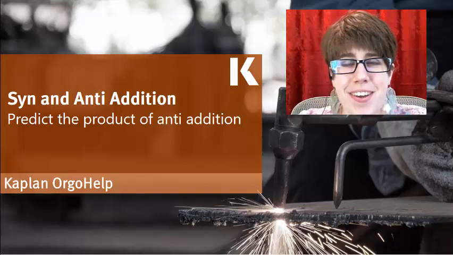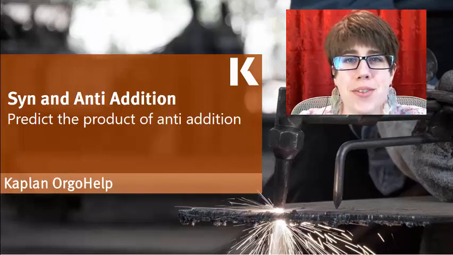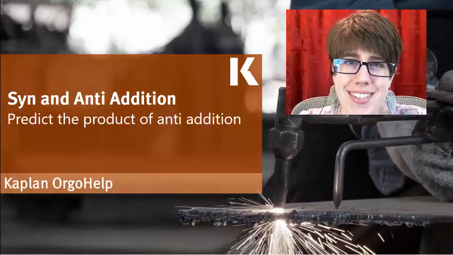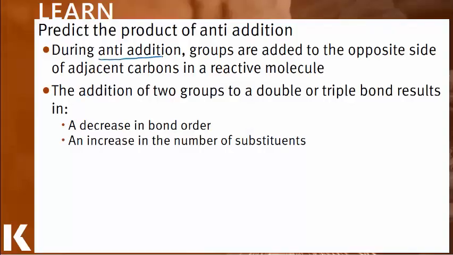Hi, my name is Justine Harkness, and in this video, we'll look at how to predict the products of an anti-addition. During an anti-addition, groups will be added to opposite sides of a pi bond. So let's take a look at an example. Here we're starting with an alkene, and we'll add some sort of a reagent that undergoes an anti-addition to get